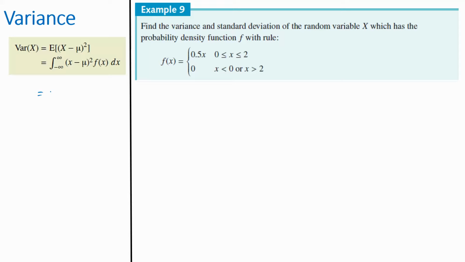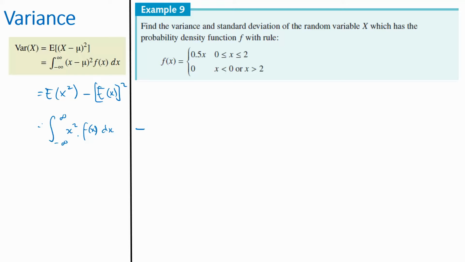The computational formula for variance was E of x squared take away E of x all squared, true? If you want to convert this to a continuous probability, it would be the same thing. E of x squared would be integration from negative infinity to infinity. Instead of x, you now have x squared times the curve.